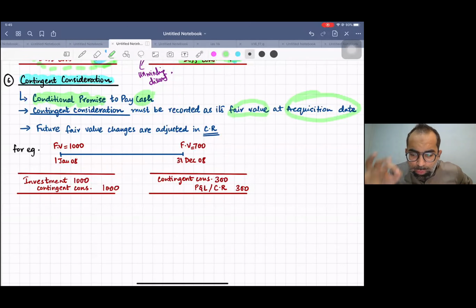And in 99.9% of cases, this fair value will be given ready-made to you. I repeat, according to revised standard IFRS 3 Business Combinations, contingent consideration must always be recorded at its fair value at acquisition date, and this fair value will be given ready-made to you. Okay,